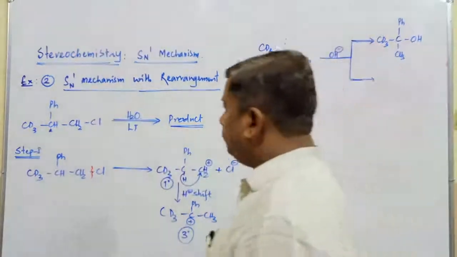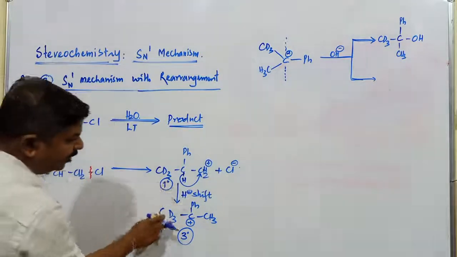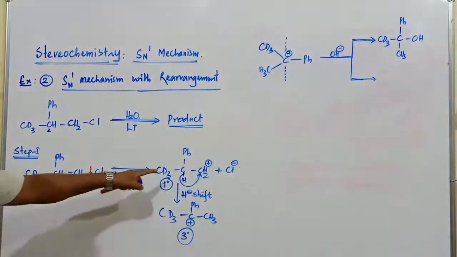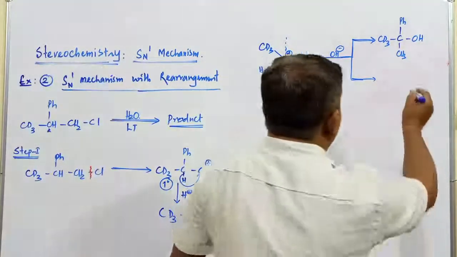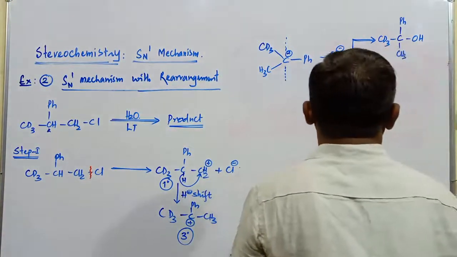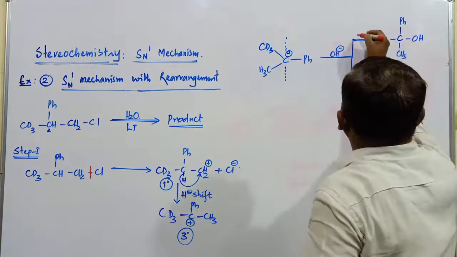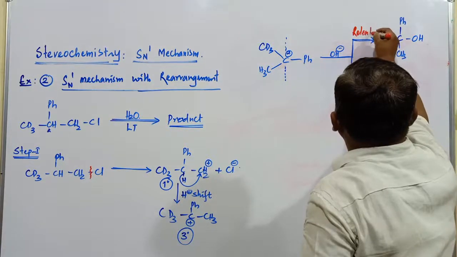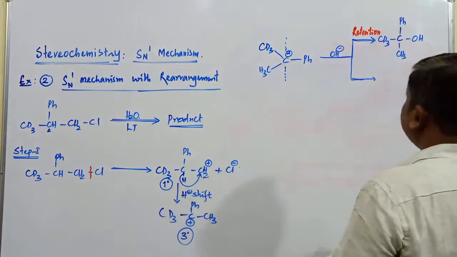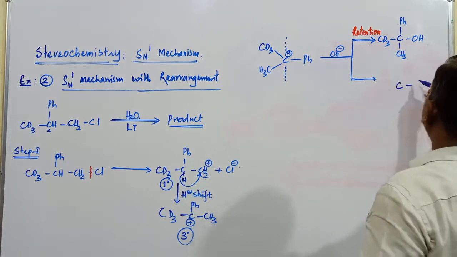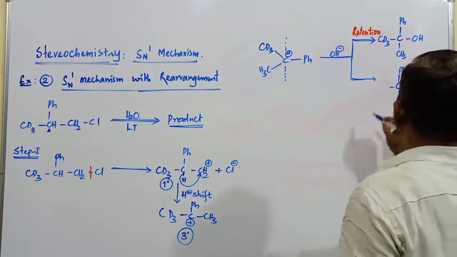Now, if you compare the original molecule with this one, there is a change. Why is the change observed? Because of the rearrangement reaction, that is conversion of primary into tertiary carbocation. Now, wherever such a configuration takes place, OH minus attacks from the same side as the existing nucleophile. So this configuration is retention of configuration. It is retained. Now in the other case, this is carbon, it is Ph, next one is CH3, this is going to be what?